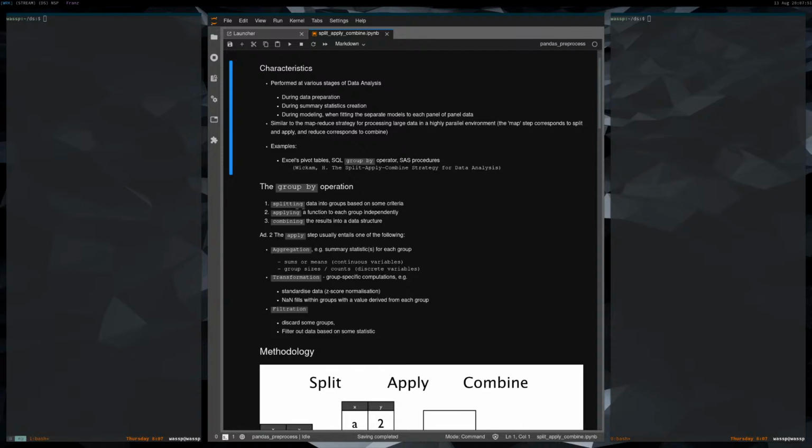Okay, so having the theory in mind, we can divide the group by operation into three categories, or three subgroups as it were. The first one would be to split the data, so group them according to some criteria. Apply the functions or methodologies to the groups independently, so separately of each other, and combine the results into a data structure or a group of data structures if the modeling stage so desires or requires. And within